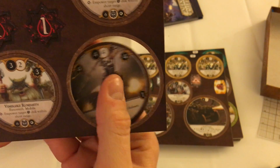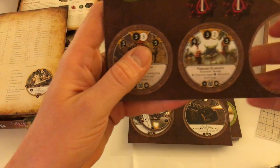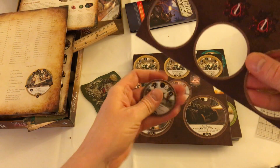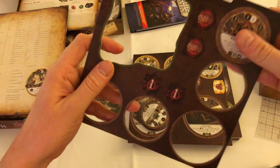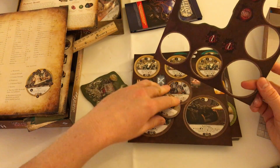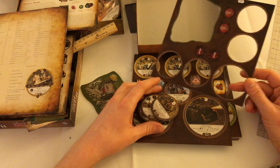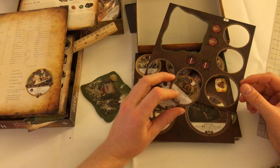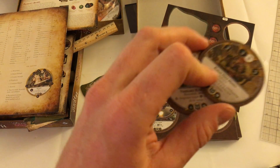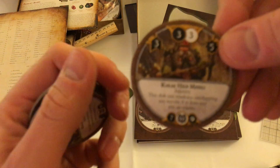So let's punch that out. These come out really nicely, high quality. Just fall right out. And let's put these up here. I got ahead of myself. The rest of these pieces are the